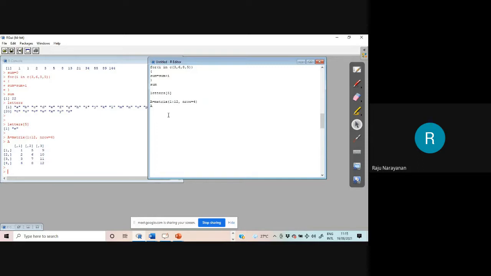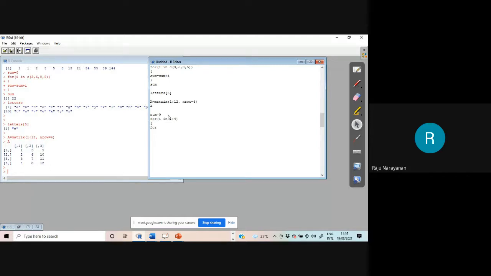I want to find the sum of the elements of this matrix. What is to be done? First, I have to make my mind empty. Then for I in, how many rows are there? 4 rows are there. 1 to 4. Okay, then that block is starting.